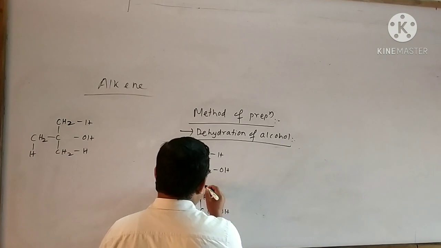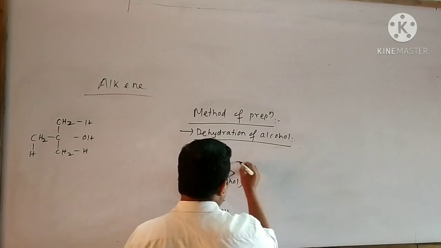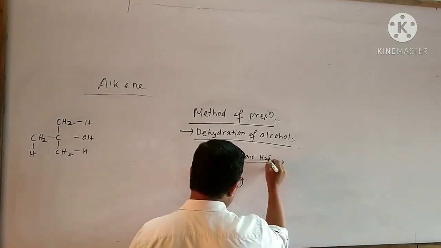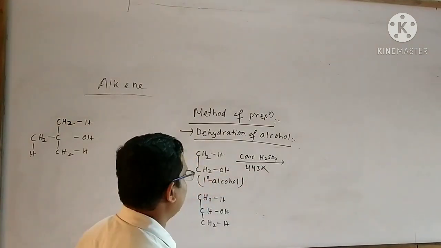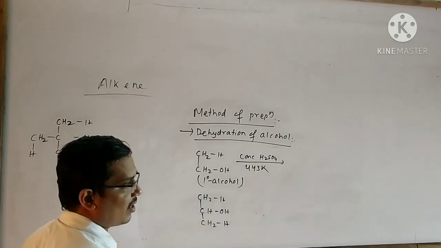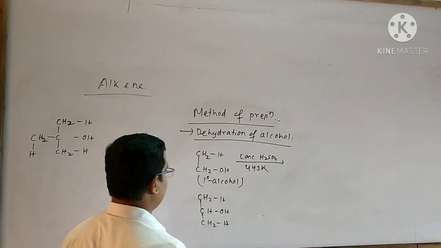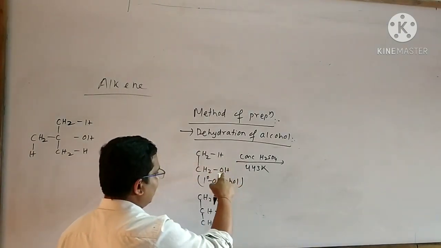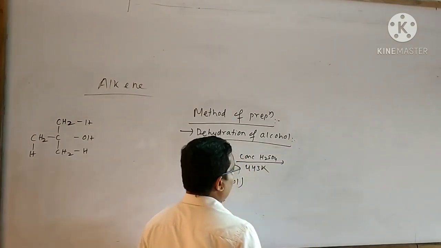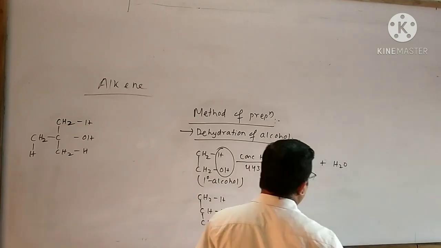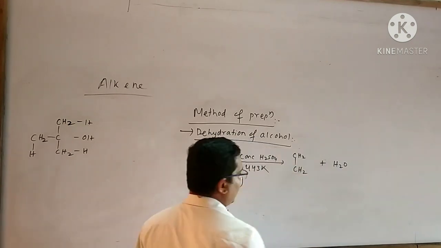When 1-degree alcohol undergoes dehydration with the help of concentrated H2SO4 at 443 Kelvin, then alkene is formed. Dehydration means loss of water molecule. For the water molecule, we need 1 hydrogen and 1 OH. Look at that, your hydrogen atom is present, your OH group is present. Remove these 2 parts. As a result, water will be removed as byproduct. Look at that. This is the remaining part.